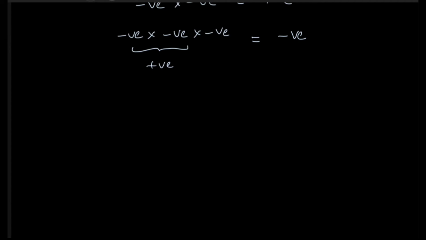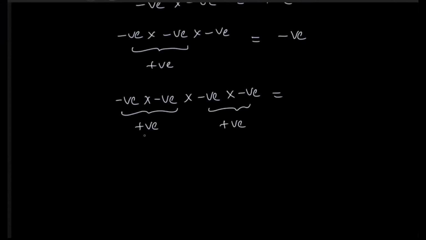In that video I explained all these terms, that is, negative into negative equal to positive, and how it happens like that. Next is negative into negative, with negative multiplied 4 times. Here these two negatives form a positive, and these two negatives together form a positive. This positive into positive is equal to positive.